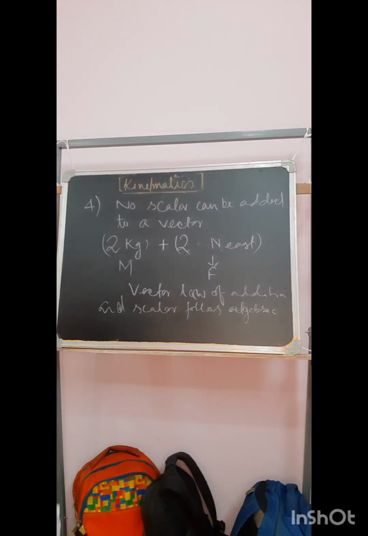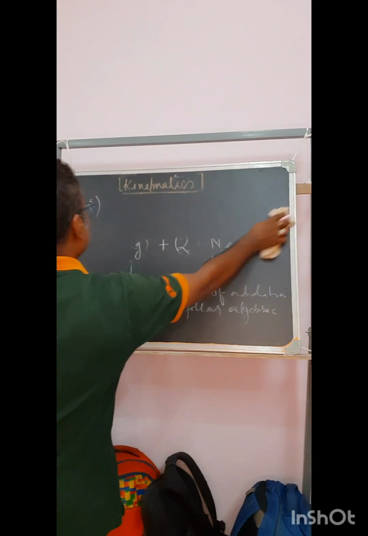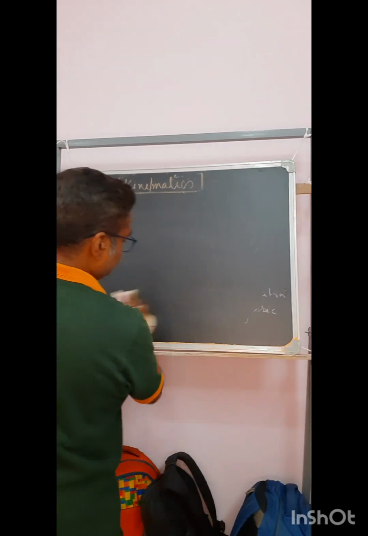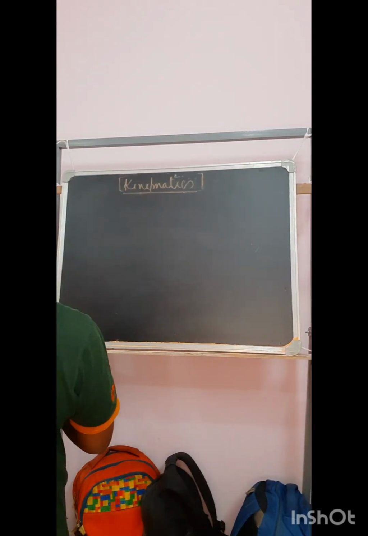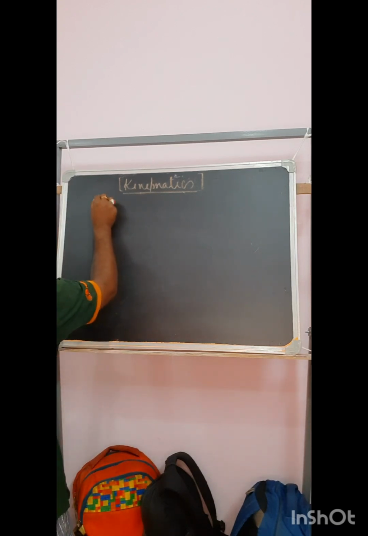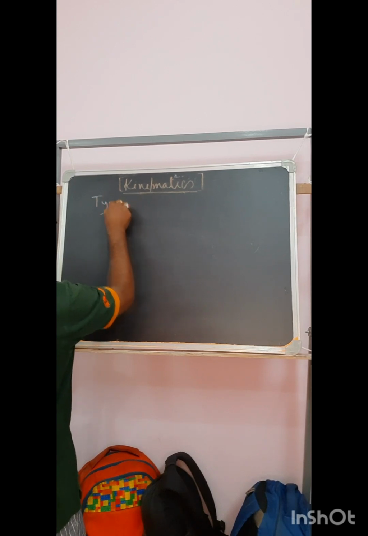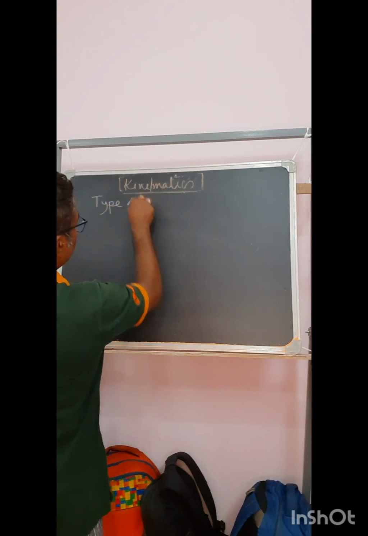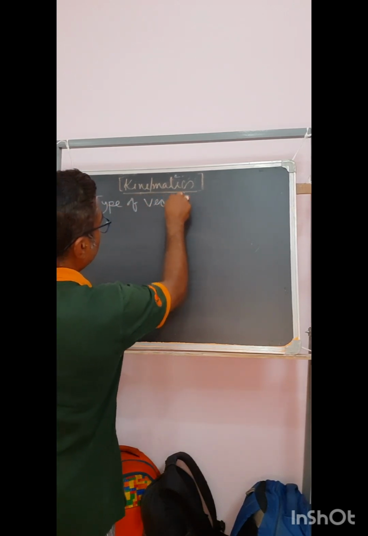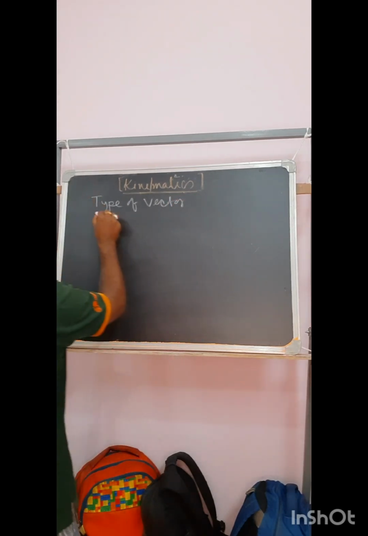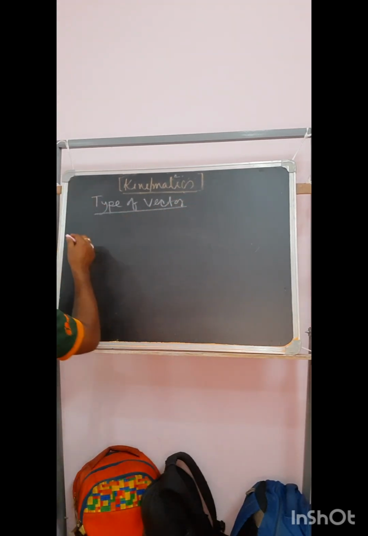Algebraic law of addition. So these are two different things that cannot be summed up together. So the next is a few types of specific vectors. One by one I will come into that. The first type is the equal